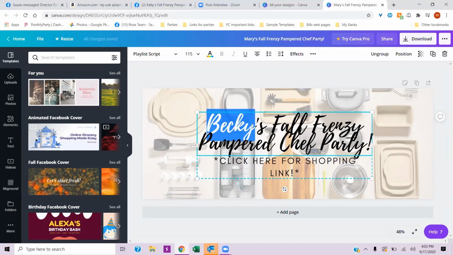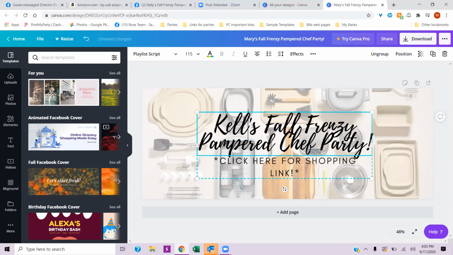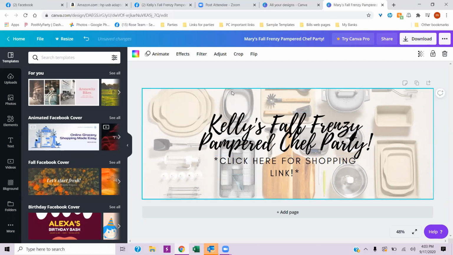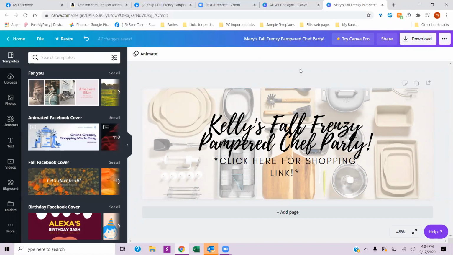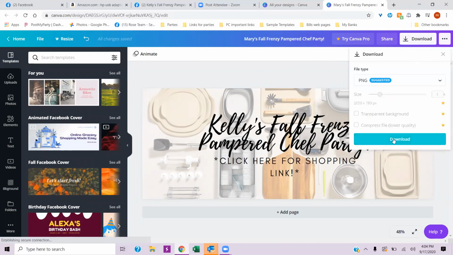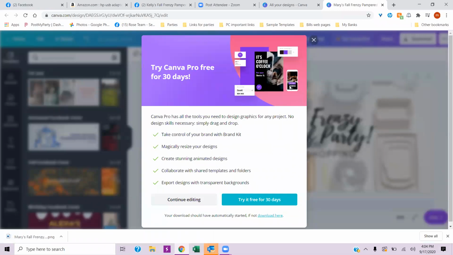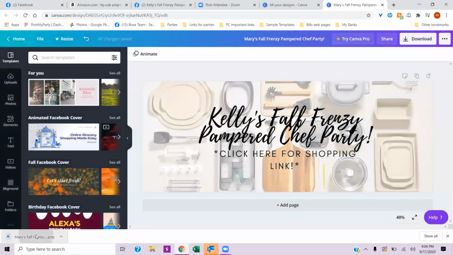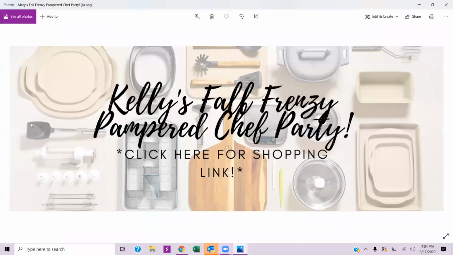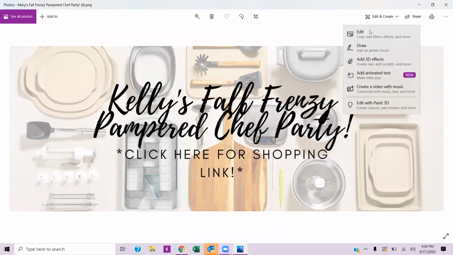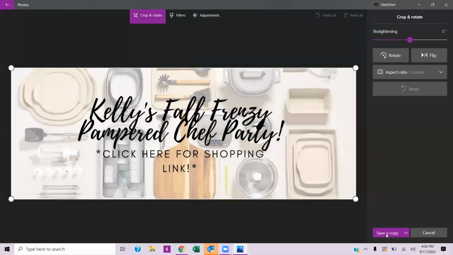It has instructions. If you're not familiar, you can look at tutorials on it. You know, it's pretty self-explanatory. Plus, like I say, it does have tutorials. So what I'm going to do is download this real quick, put it in a spot where I can find it, of course, like my desktop, and go ahead and put it in